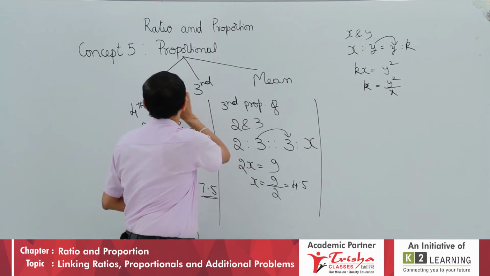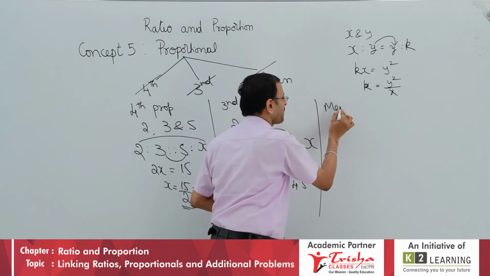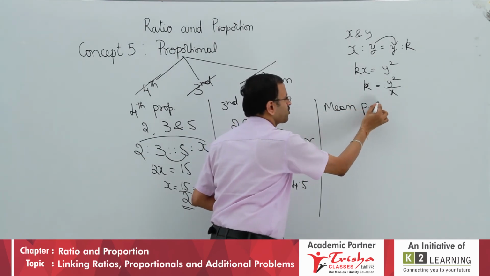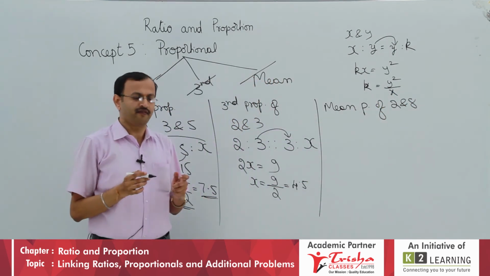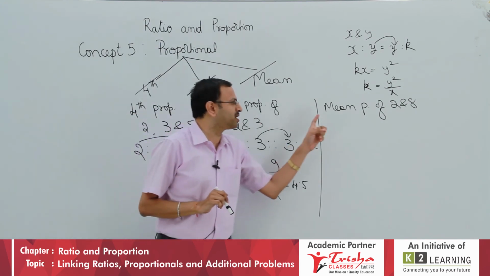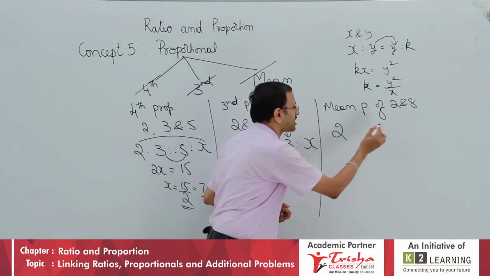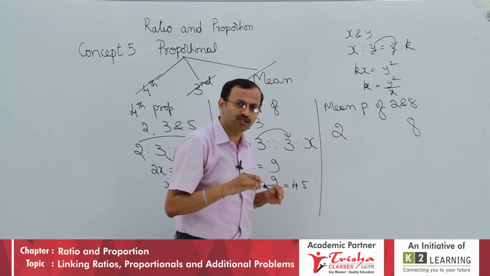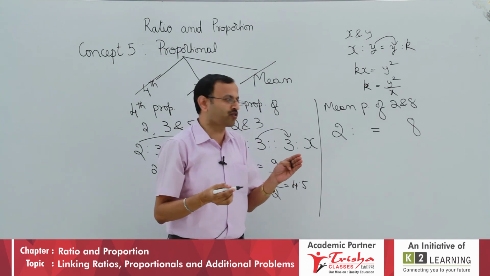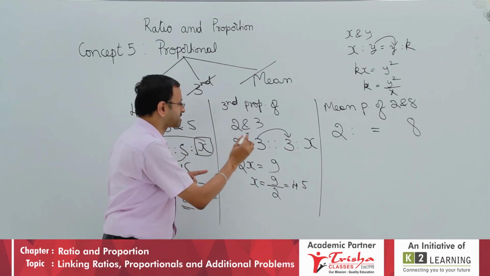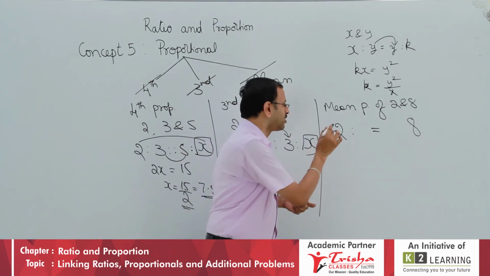Last computation: we learned the 4th, we learned the 3rd, now we are going to learn the mean proportional. Take the question: mean proportional of 2 and 8. When I say mean proportional, mean is the middle number. Therefore, these two are the ends. 2 I write at the start, 8 I write at the end. What is that middle number which I have to find out? You have to note, always I introduce one variable x. You cannot write x and y. Always there is one number which you have to find out, we will call it x.